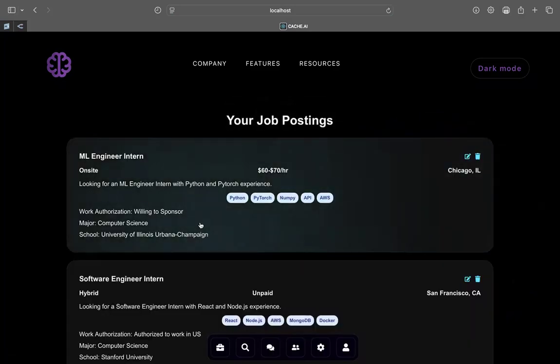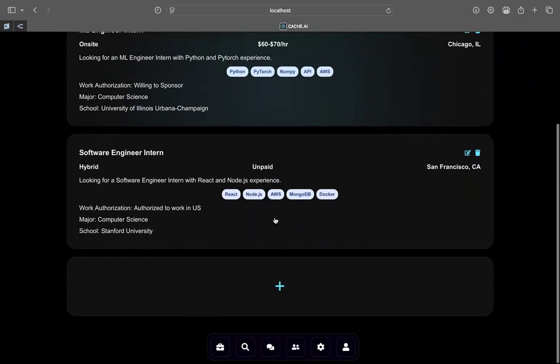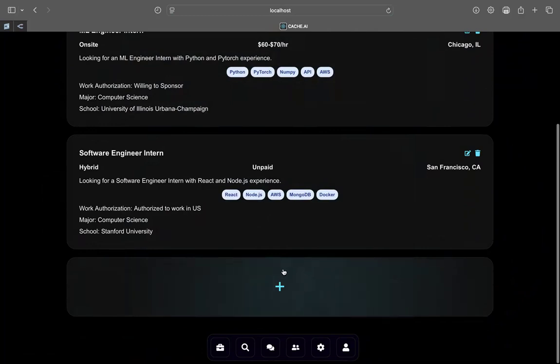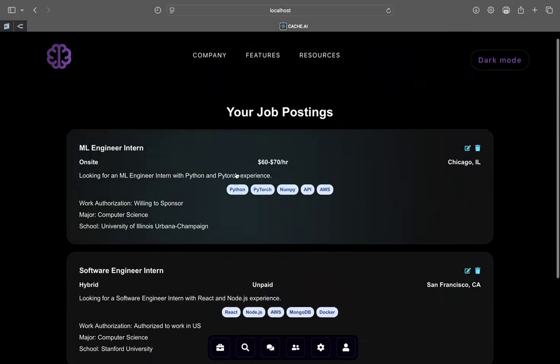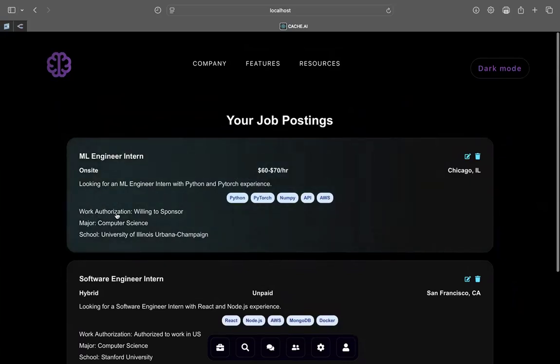Inside the recruiter's account, they will first see a job posting. Now, these can be added or created here, edited or deleted here. Each job posting can specify visa situations, specific majors, schools, locations, salaries, and on-site, off-site, hybrid work types. They'll also be able to specify skills and description of experiences required for the job posting, as well as the